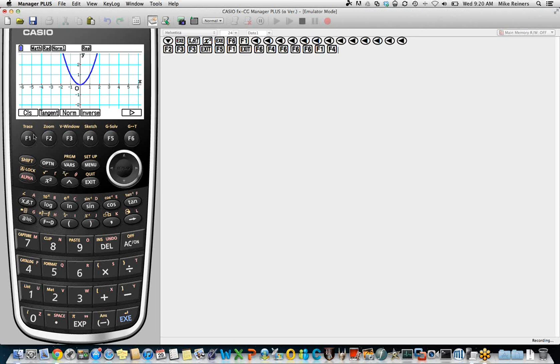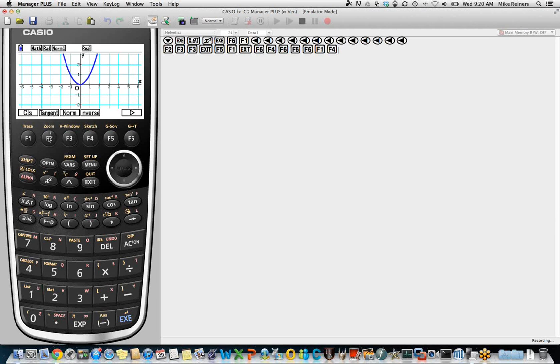You can think about it as shaking your screen and using it to erase anything that you've sketched on there previously. So let's look at one of the things that we can sketch. One of the nice things that we can do with this beautiful parabolic curve here is that we can investigate tangent lines to that curve. And sometimes in calculus, or maybe even before calculus, we'd like to investigate tangent lines without having to go into a lot of detail about the mathematics of them, writing an equation of a tangent line, understanding derivative. A lot of those things may come down the line, and we just want to get at the concept of a line that touches a graph, intersecting it at exactly one point.